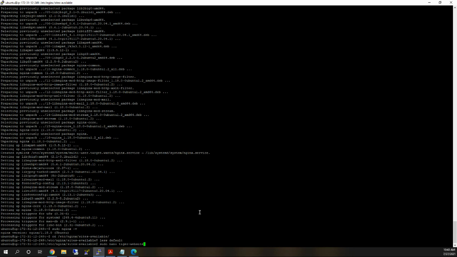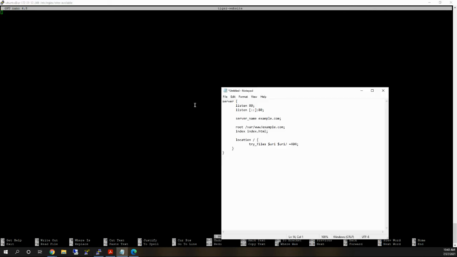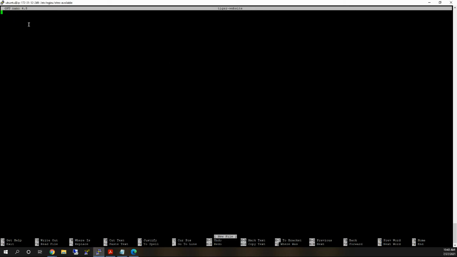This is going to allow us to do the configuration. So from here, this is where we can add in what we've saved on our notepad. So I'm just going to recopy it all. I'm going to come over here and I'm going to paste it in. Now there's some things that you have to change on here. The first thing that you have to change is right here where it says server name